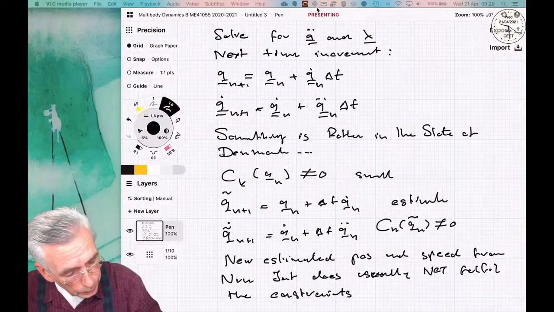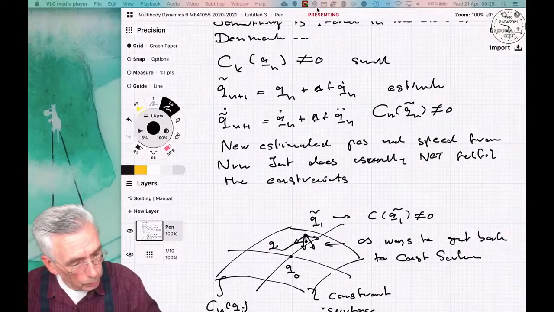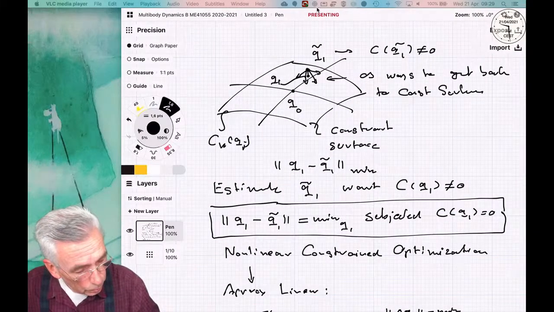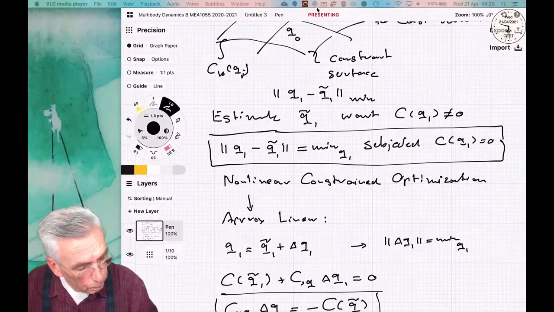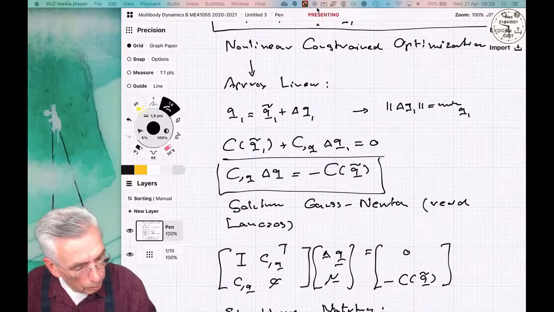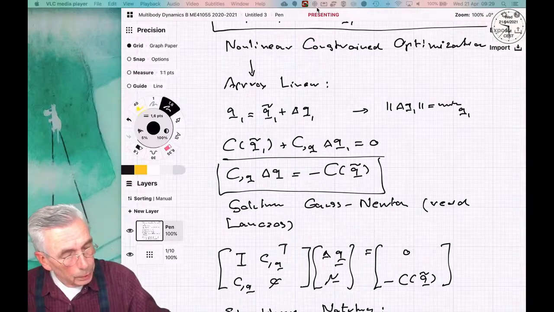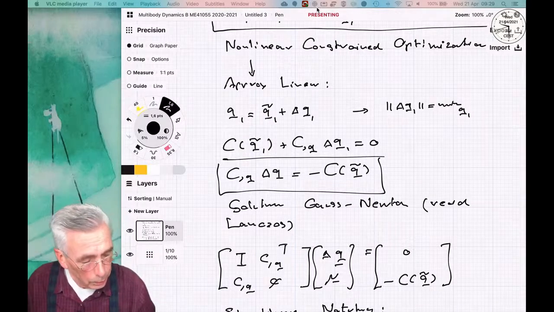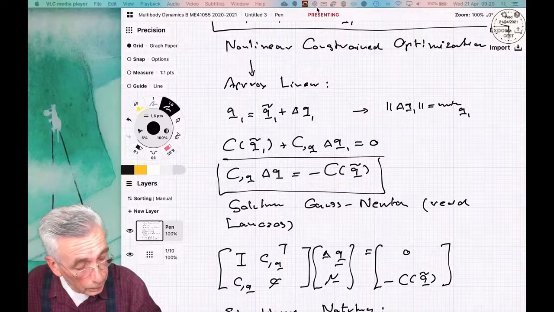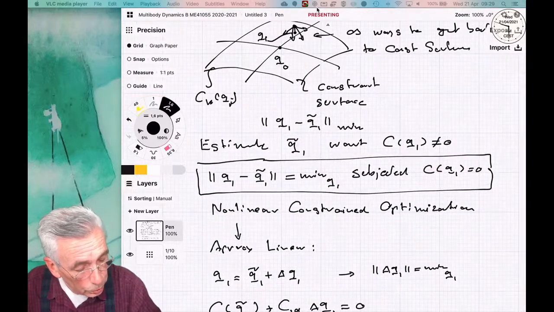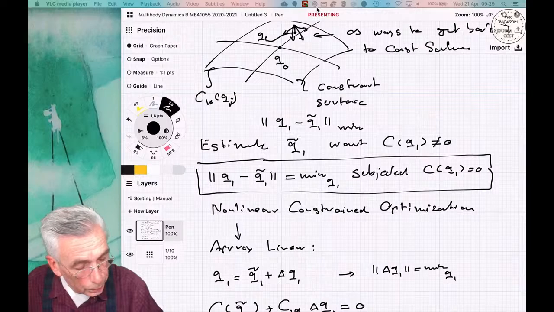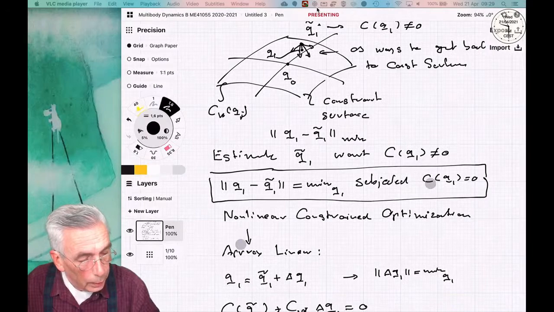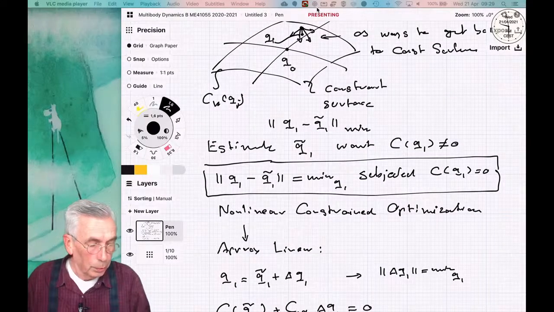So then I can project them back onto the surface. And how do I do that? Well, there's a very simple mathematical trick for that, and that's called a Gauss-Newton approach. By doing the Gauss-Newton approach, you make sure that you have the shortest distance to the constraint surface, and then you finally find a solution on the constraint surface which fulfills the constraint and which has the smallest difference with the estimated one. And you would say, oh, but first we make a numerical